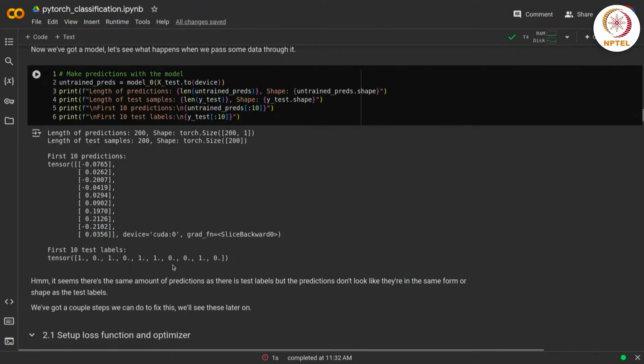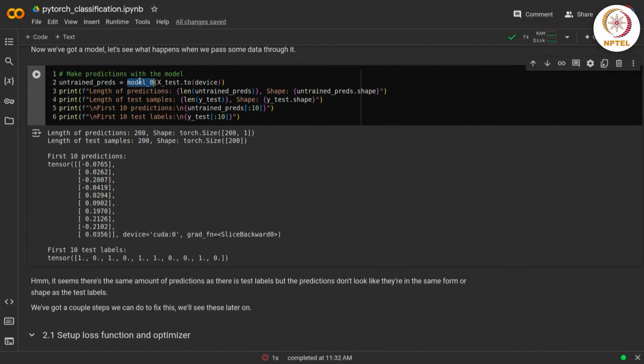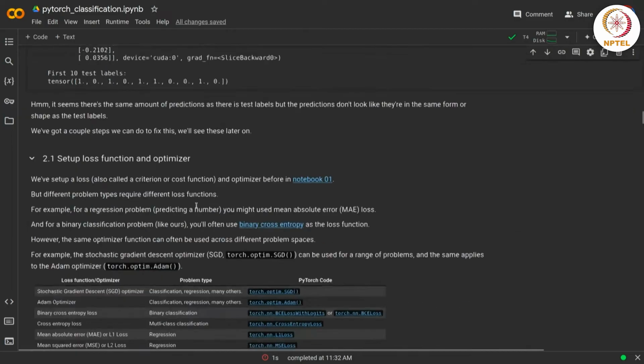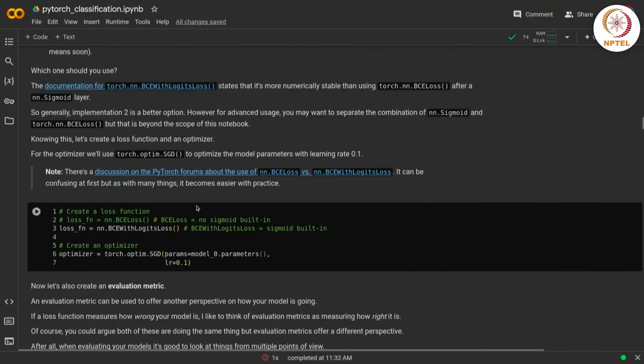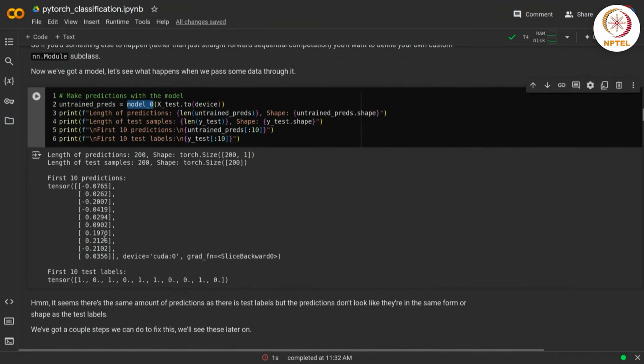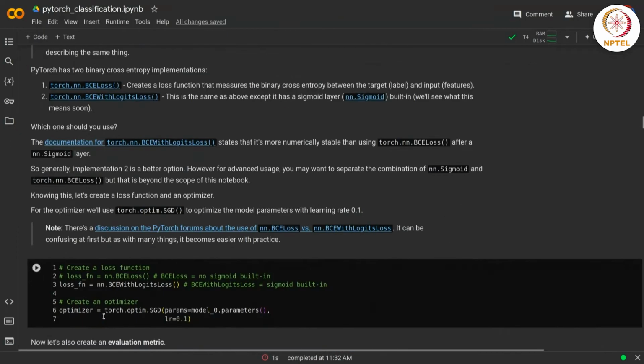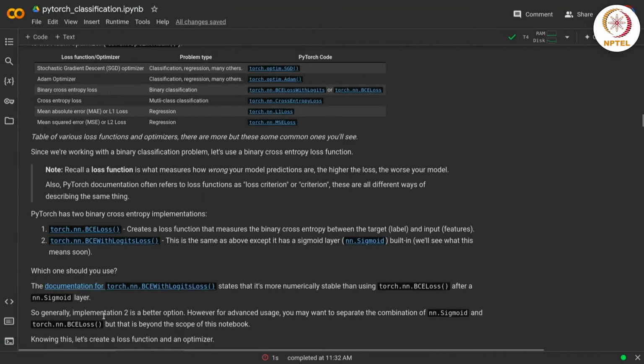Right. So just to check what the initial untrained model's predictions look like, we take the model's predictions just to get a sense of what the model predictions are initially without any training, right? So that we get a sense of what the training is actually doing. Right. So before we get into training,